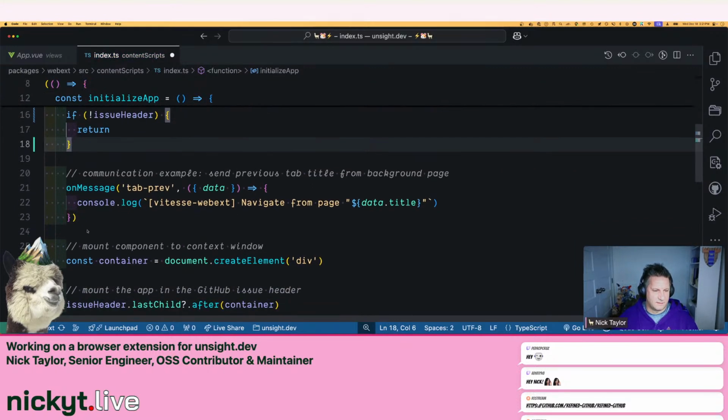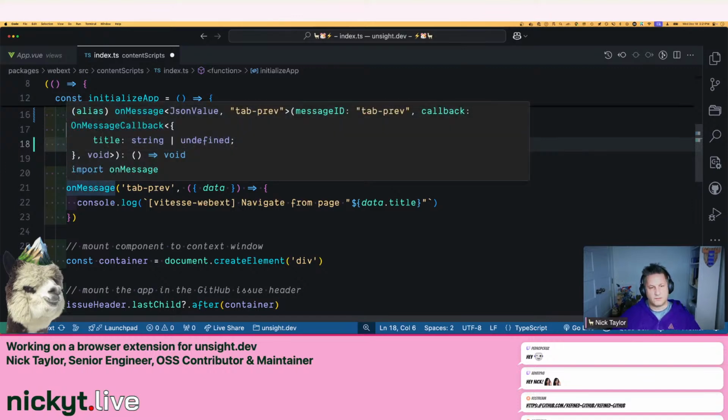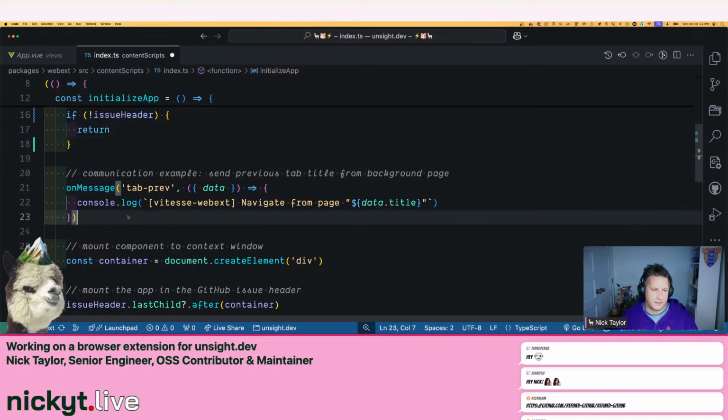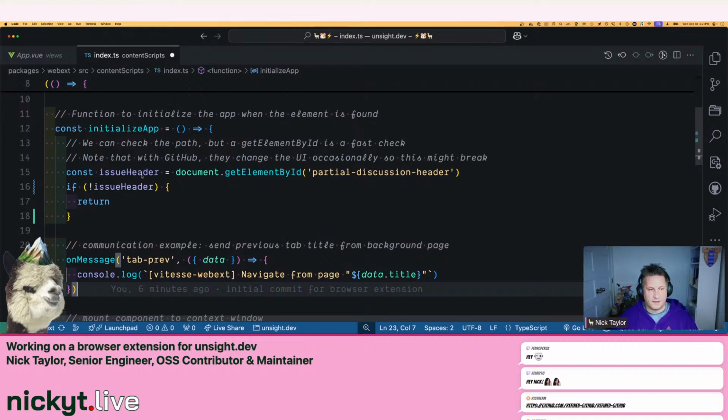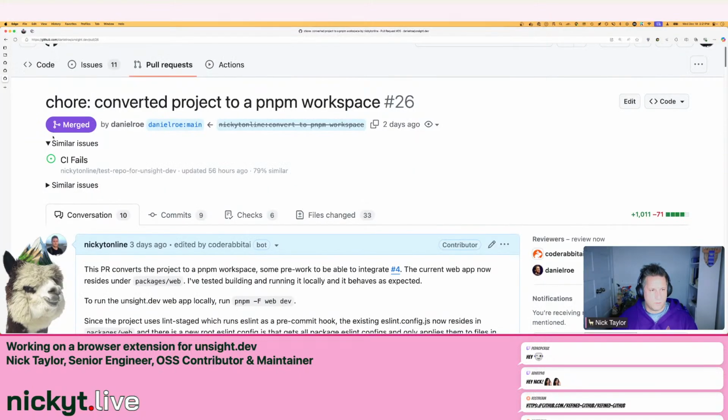And this is just example code, just to send messages to the background of the browser extension, which we're probably going to have to do, but we won't get to that right now. So basically, I find this element called issue header, which is this. So if I inspect this,